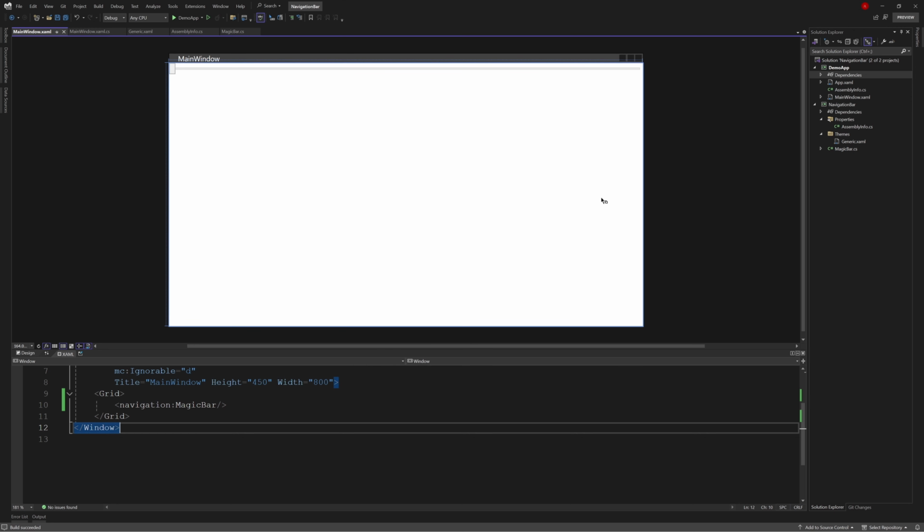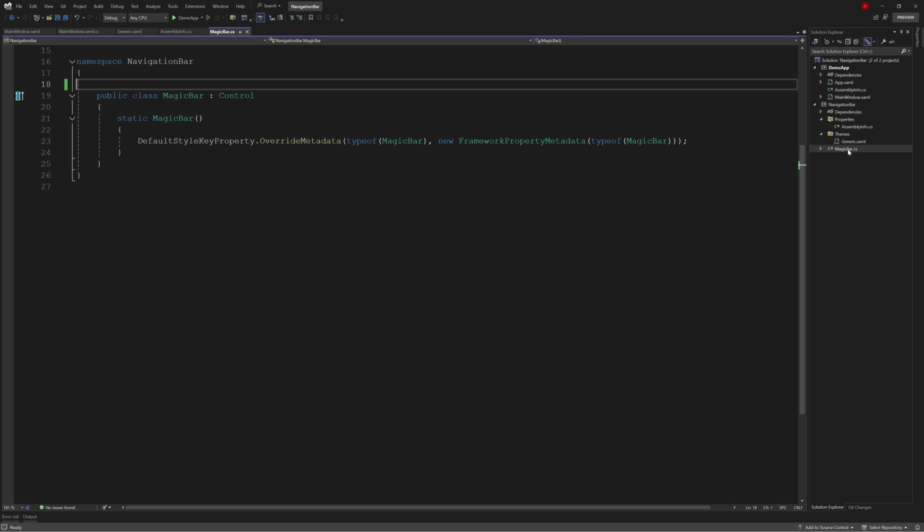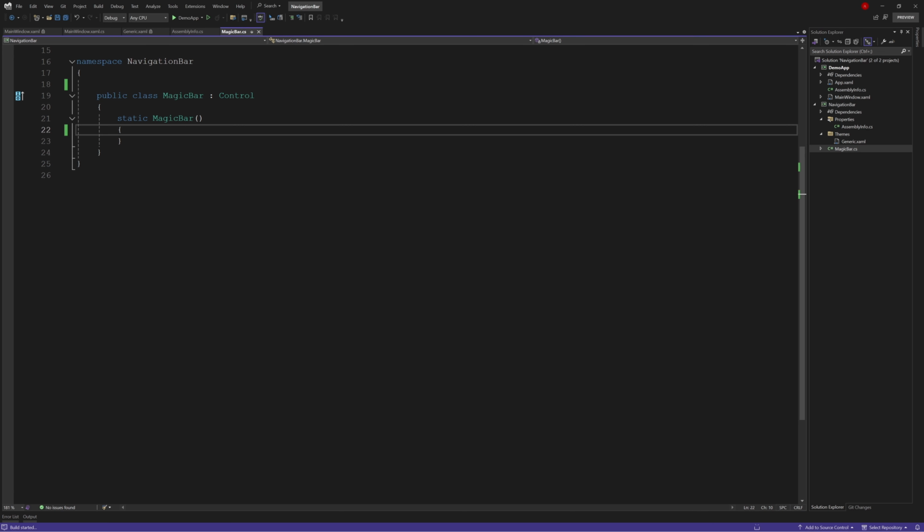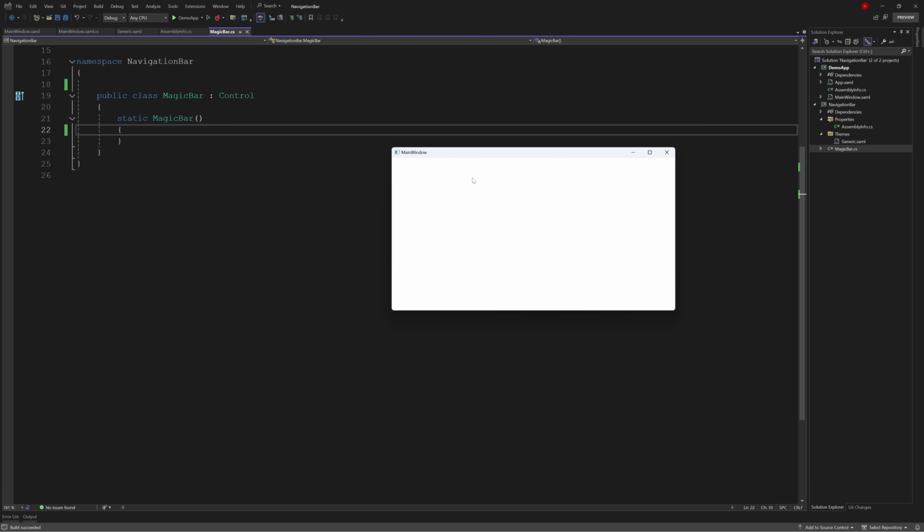Then let's go back to the navigation bar. If you often use custom controls, you would be familiar with this part of the properties. Of course, there are also some who are new to this, so let me briefly explain. Suppose we delete this default style key and run it. The slider won't appear, right?